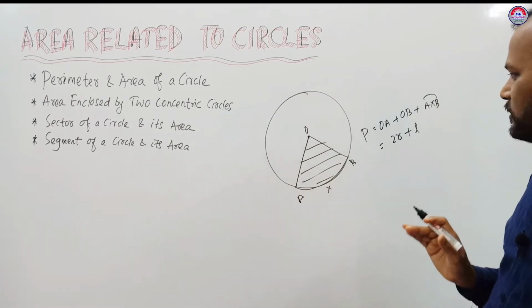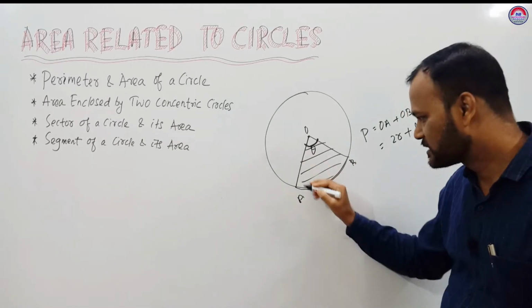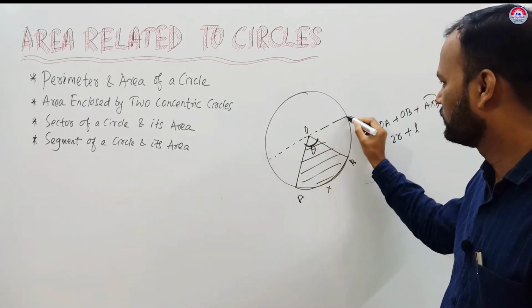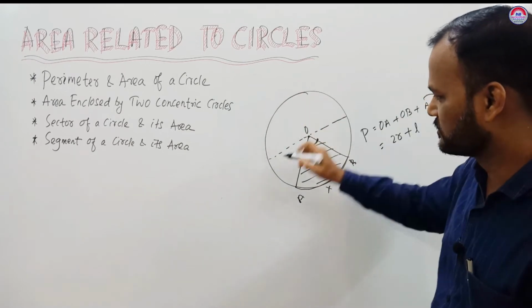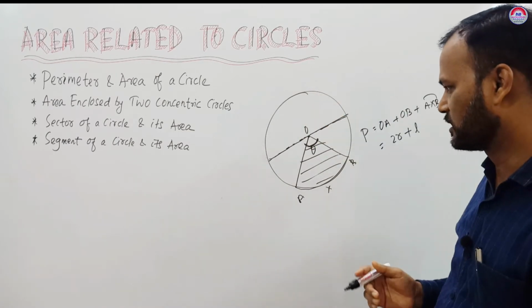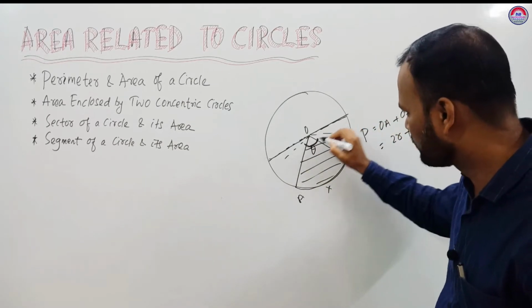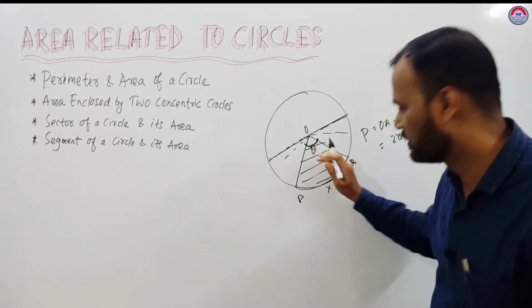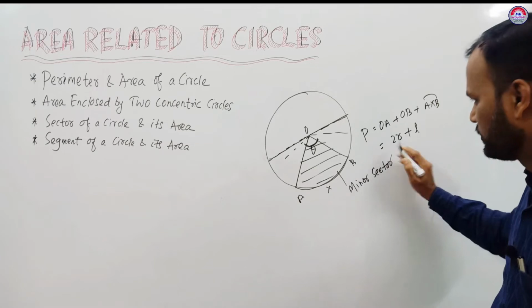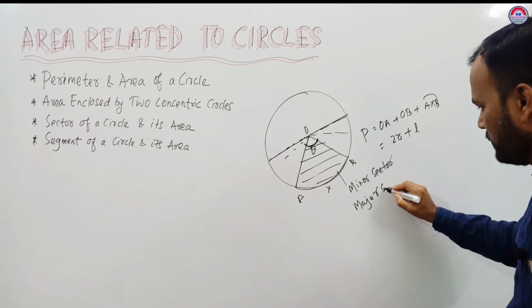How to find the area of a sector? Here, theta is the angle. This one is the minor sector. Why is it a minor sector? If we divide this figure into two semicircles through a diameter, then the smaller portion, where the angle is less than 180, will be a minor sector. If this part is the minor sector, the rest of the part will be the major sector.